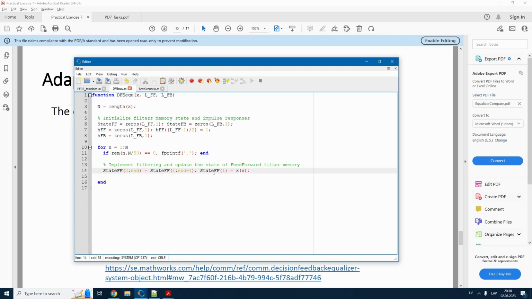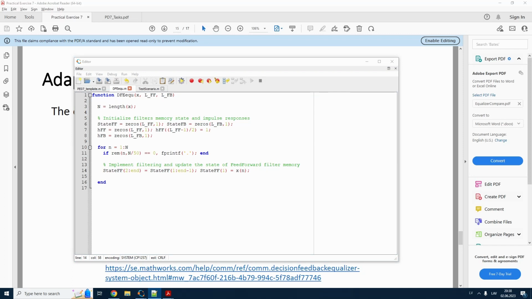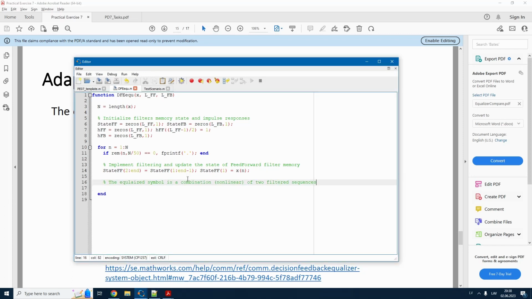So this way with each passing n, our data is going to fill in this state, symbol by symbol, pushing all of them further and further, and accordingly it will be our delay line. Now the equalized symbol,